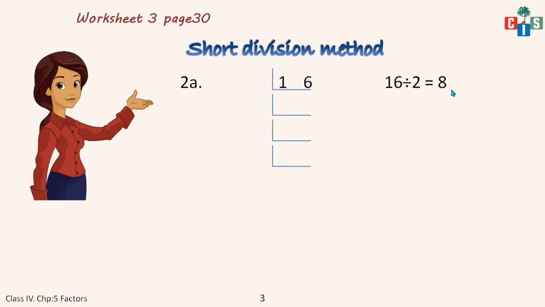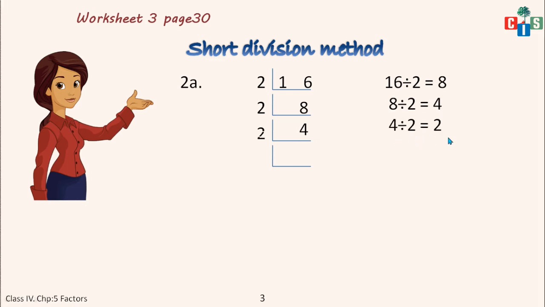16 divided by 2 will give you 8, because 2 8s are 16. I'm so sorry students. So 2 will be outside and 8 will be below. Okay. Now I will have to further divide 8. So 8 I will divide by 2 will give me 4. So 2 outside and 4 down. Yes. And 4 again I have to divide. 4 I will divide by 2 only because smallest prime number, and I will get the answer 2.